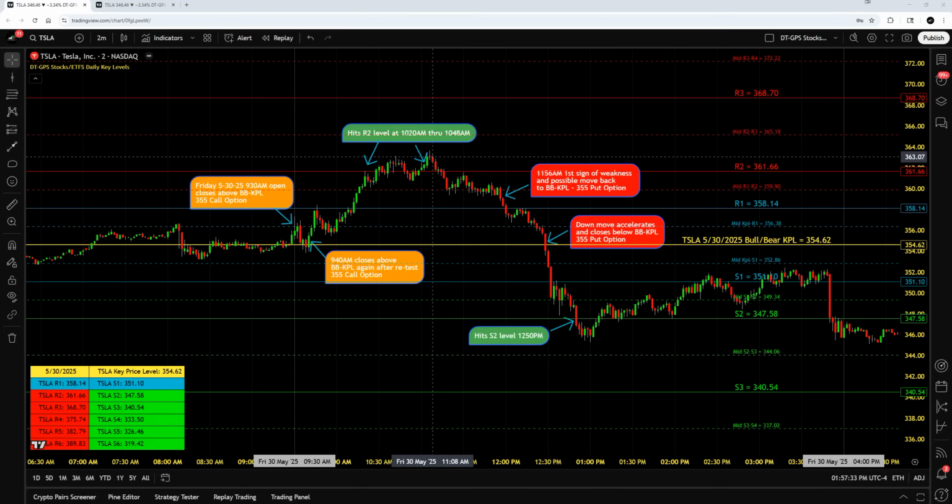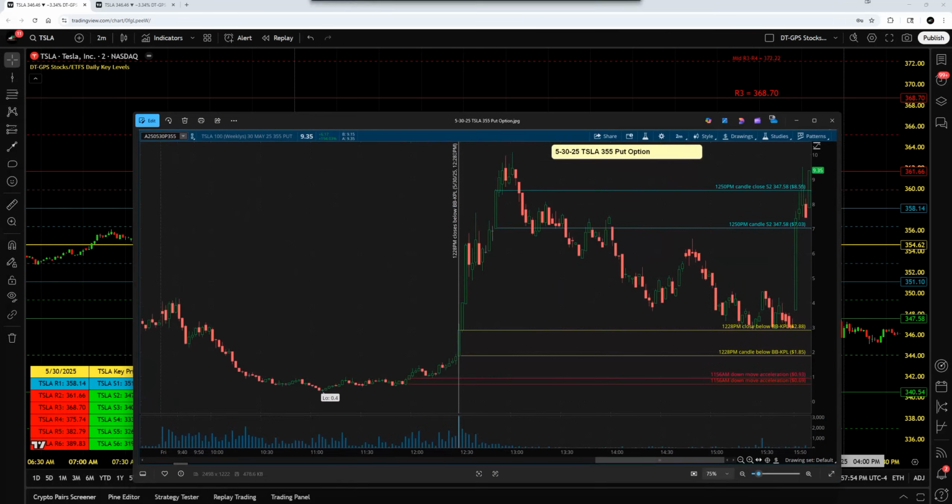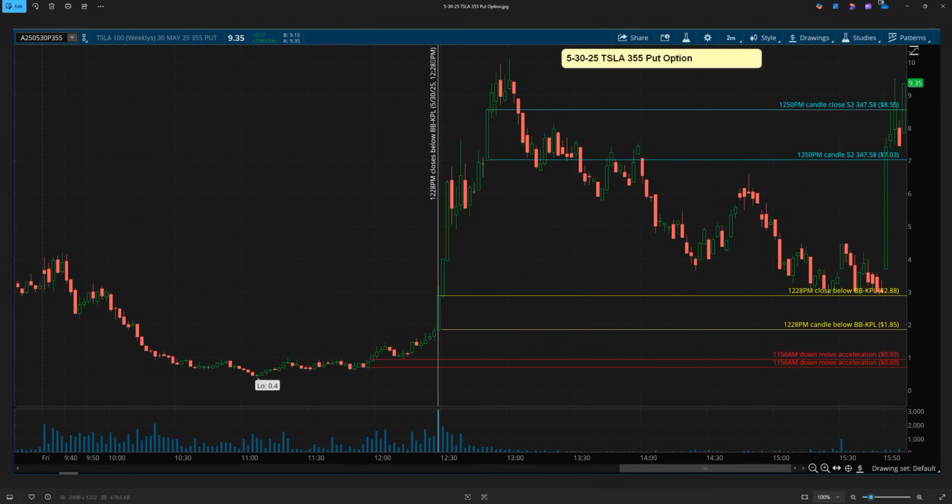So if you were inclined to take a lotto play, you could have gotten in extremely early here for a possible move back down. Again, we're talking about 11:04, 11:06 to 11:08. We'll bring this back here. So that's in this range here. So basically you have 40-45 cents of risk for a possible